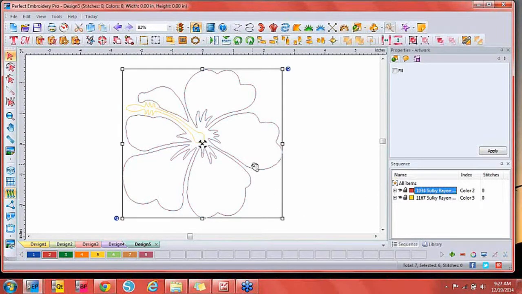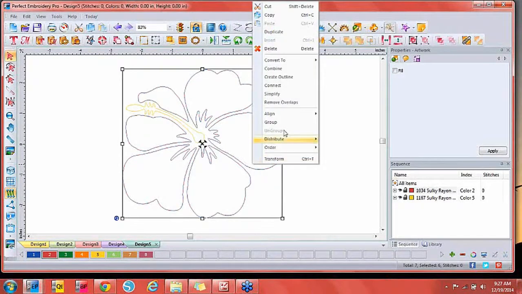So I'm just selecting the red petals, and I'm going to do a right mouse click, and I'm going to do a convert to, and look at my choices. I can make it a run stitch, so it could be a quilting design. I can do satin, but those leaves are a little too big for satin. I can do fill, cross stitch. I mean, you see all of the different options I have here. So